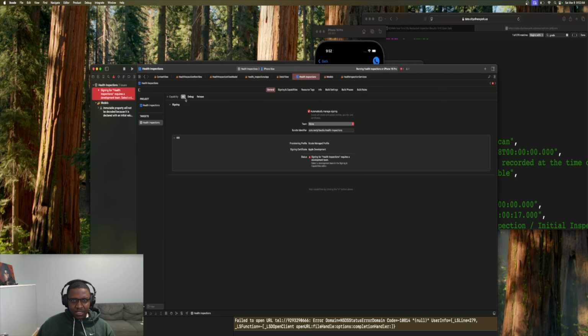you might see an error saying that signing for health inspection requires a development team. To run your app on a real device, you have to make sure that you have a team enabled. So I will do this and switch to it. I'm going to blur this out because I don't want to share all my information with you. And then if we run this again,